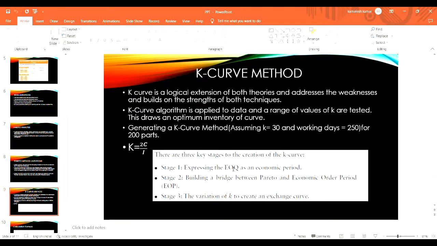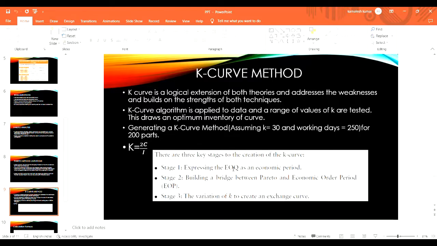The K-curve method is nothing but a combination of strengths taken from the EOQ as well as the Pareto analysis. This K-curve algorithm is applied to data and a range of K values. So this is basically a tested method, and it is tested for various K values, and thus we will be getting the optimum inventory value. And when we are generating a K-curve method,